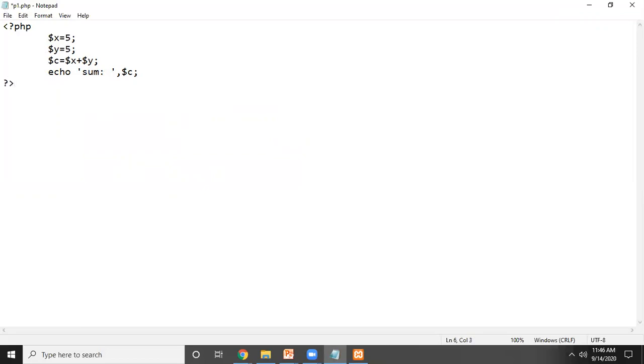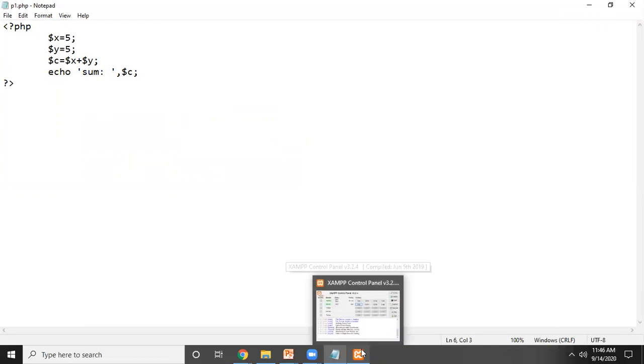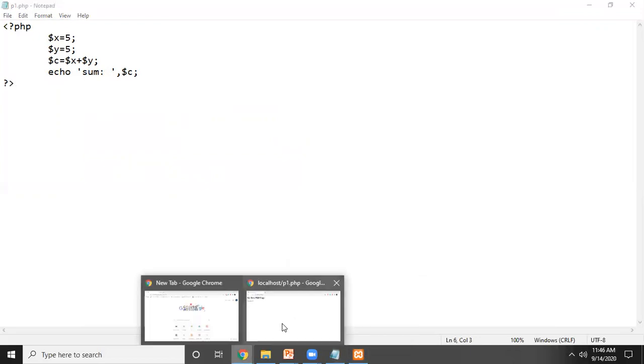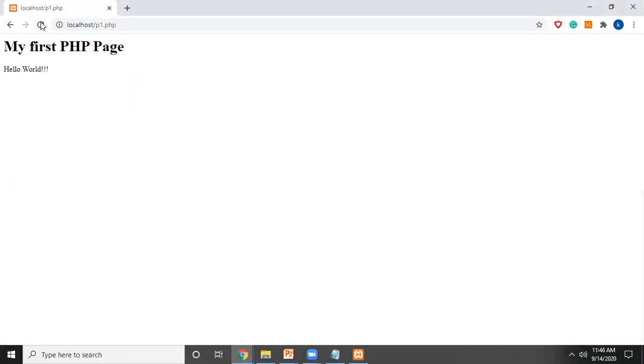Complete the PHP script. Now save your file. Our server is already started, so we will execute this file in the browser. So sum 10. Sum is my string number 1, and 10 is the value retrieved from the $C variable.